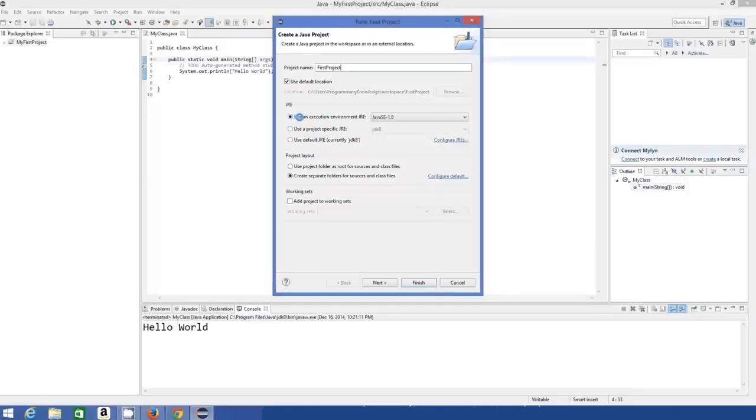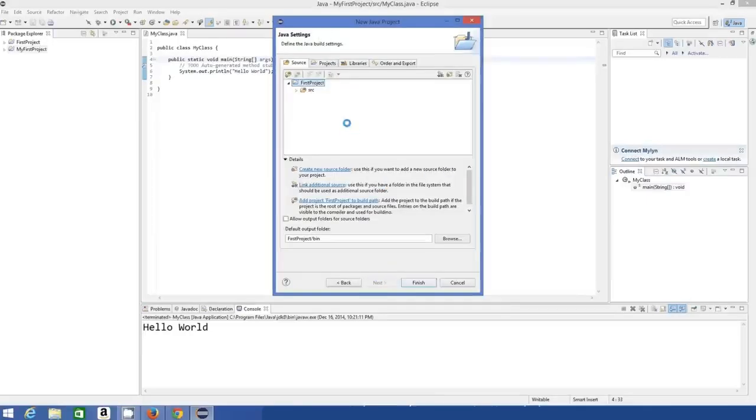So you can see use an execution environment JRE. By default, Eclipse detects this JRE, and it also detects JDK8 folder for us, so we don't need to provide any path for executing our program, right? The next thing is we just press next button, and in here we will see that Eclipse will create a